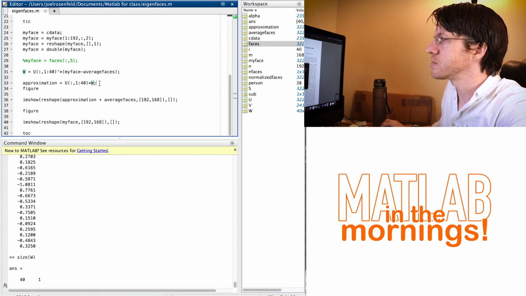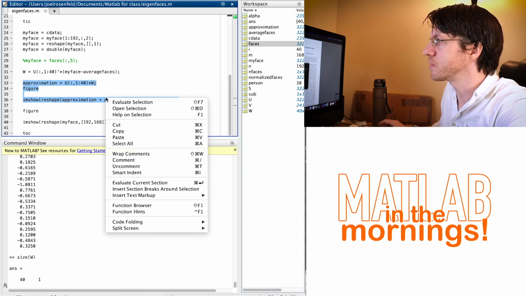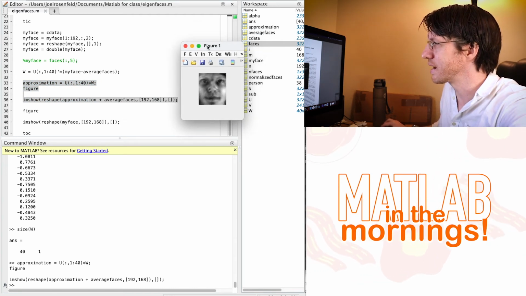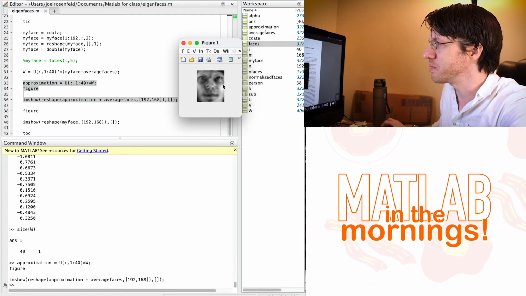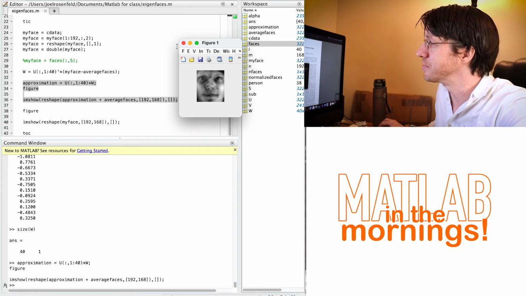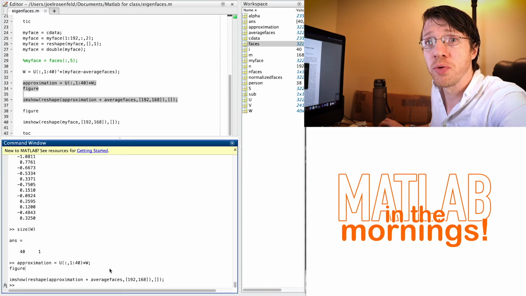So then we can go ahead and run this, and I can show you the picture. I think it looks pretty horrific, but yeah. So this is the eigenface approximation of me using only the first 40. Terrible approximation. I mean, if you don't remember what my face looks like,